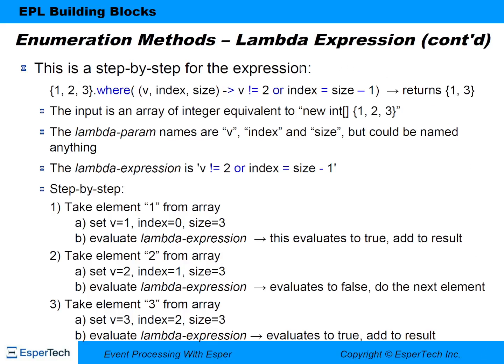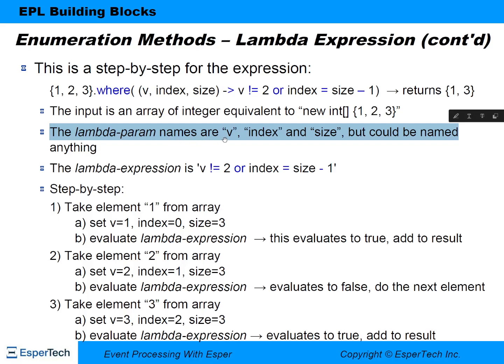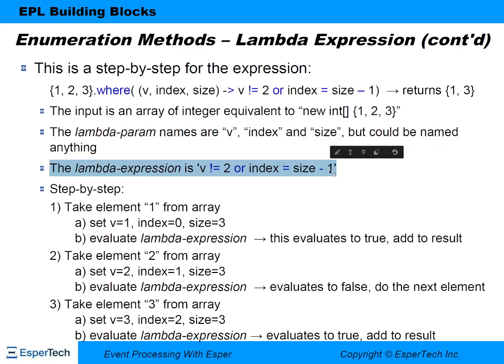This is a step-by-step for the expression from the previous slide. The input is an array of integer equivalent to new int array {1, 2, 3}. The lambda param names are v, index and size, but could be named anything. The lambda expression is v != 2 or index = size - 1. The step-by-step is: